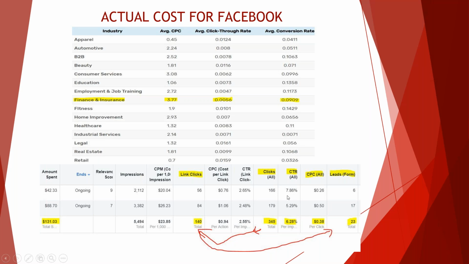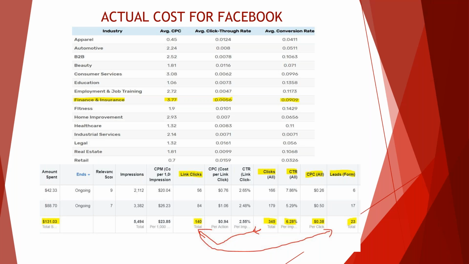This is a half of 1% average click-through rate. We're at 6%. This is massive, guys. So when you look at this, you look at the number of clicks on the campaign, and you look at the difference here, the number of people that clicked on the ad. That's how you calculate the click-through rate.